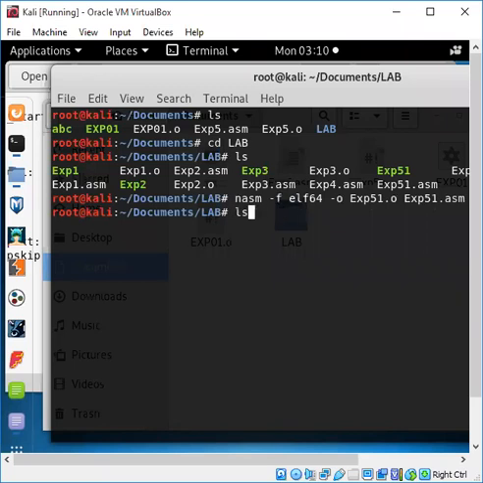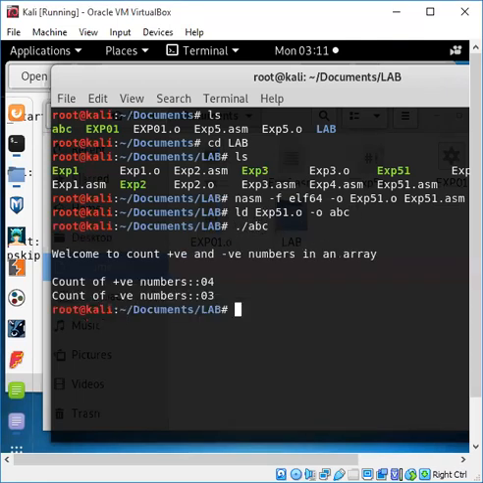To load this also, ld exp5, right? 65 small letters 1.0, and for this, let's say this will be abc, dot slash abc, right? So it will be given an output in this form, right?